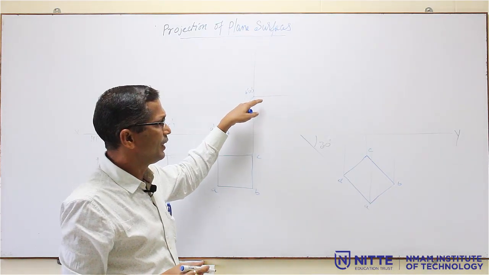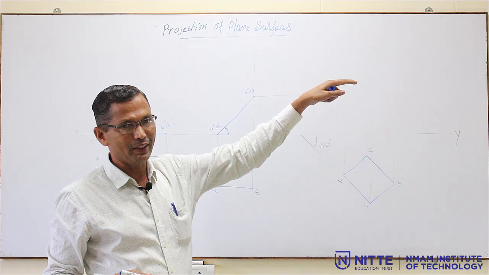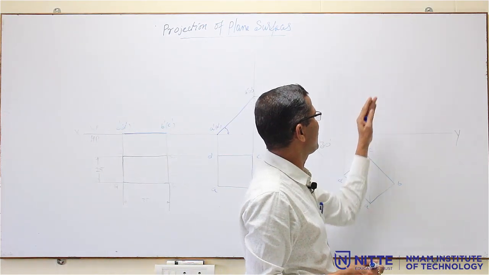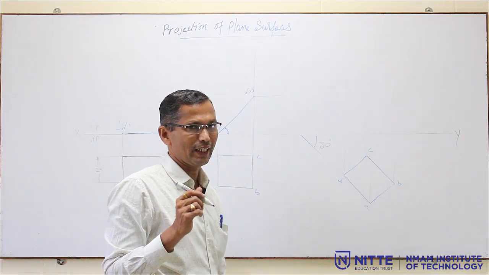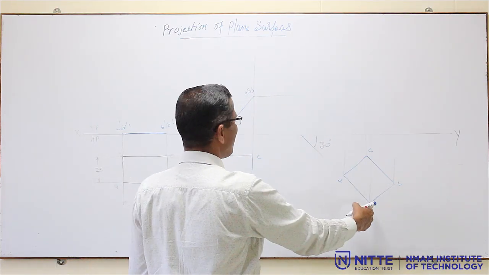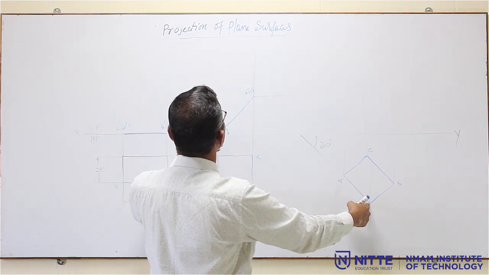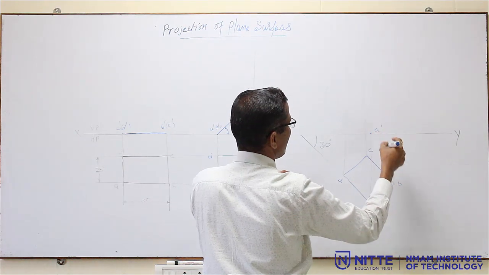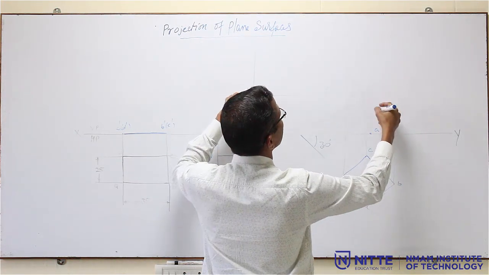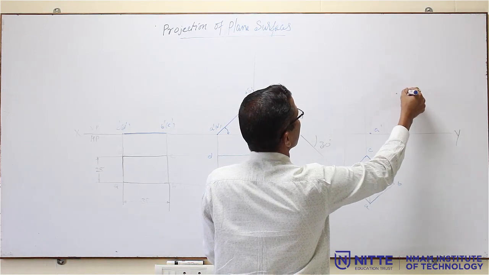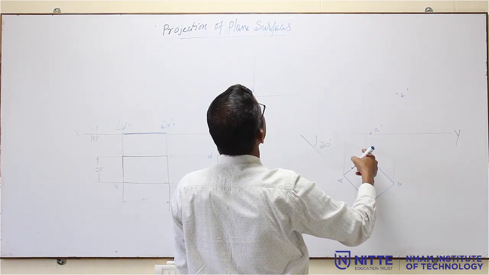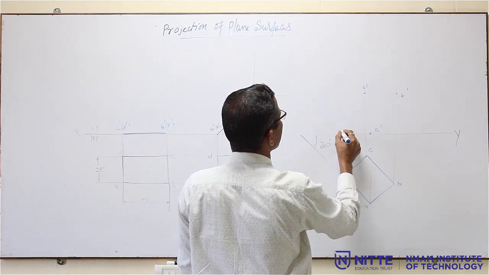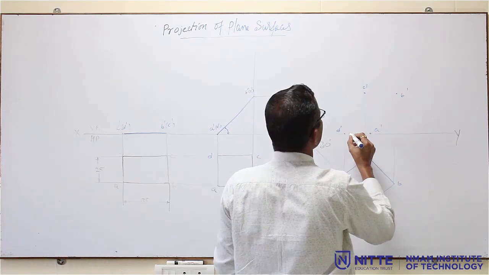You have to use the scale and the proper light pencil. So, this line should be parallel to the xy line. All these vertical lines should be perpendicular to the xy line. Use the scale. Now, you trace the points one by one. A is here, A dash is on the xy line. So, that means A dash will be here. Then B, then B dash. Now, you join all the 4 points.